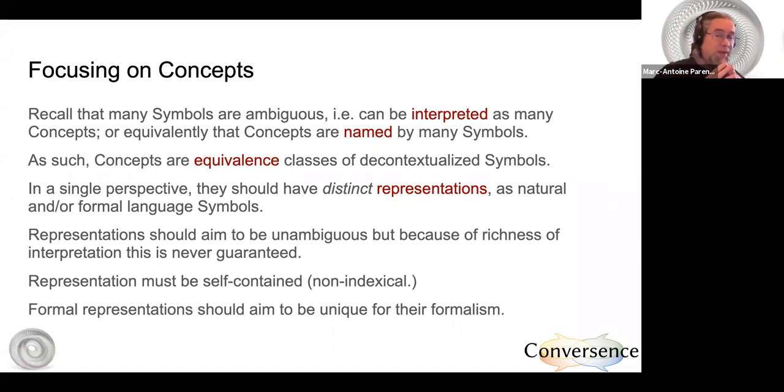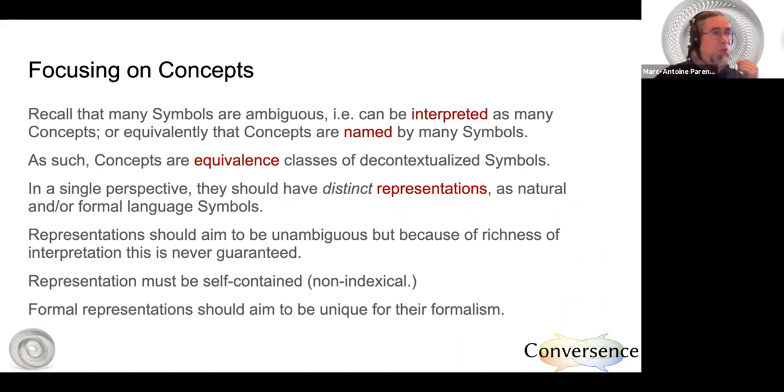Of course, we may contest that. That's the next slide. Representations should aim to be unambiguous. What do I mean by this? As I said, a symbol can point to multiple concepts. I don't think it's